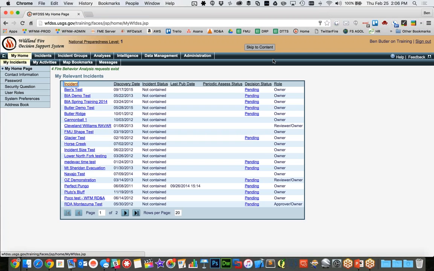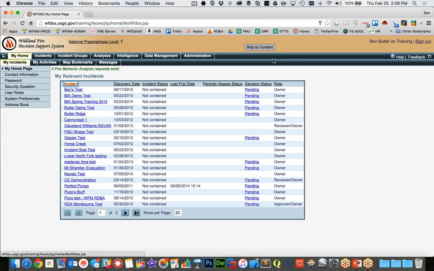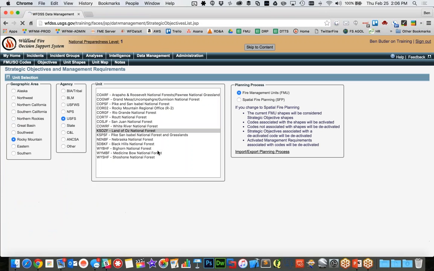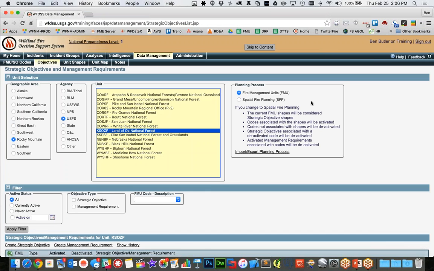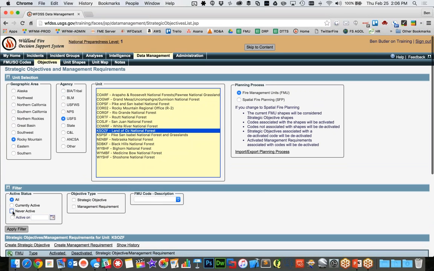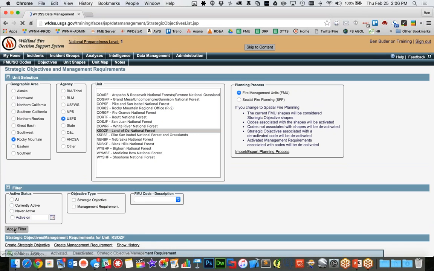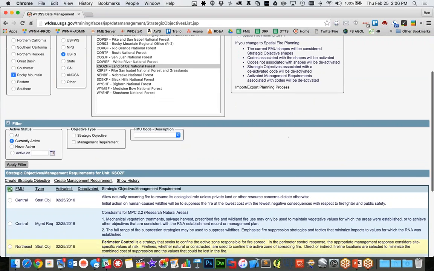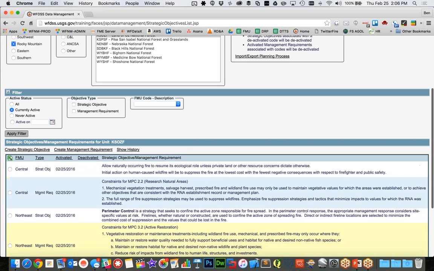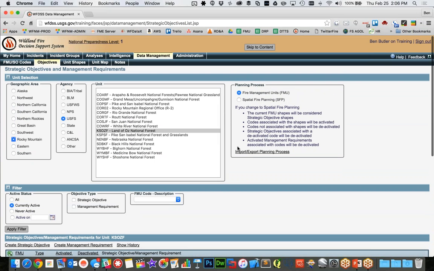Okay, so what I thought I would do is, we've got a mythical national forest in WFDSS that's little known to most people, but the Land of Oz National Forest is in Kansas, of all places. And so this is our little test forest that I've been playing with. And so I've got, just as an example, well, I guess starting from the top,